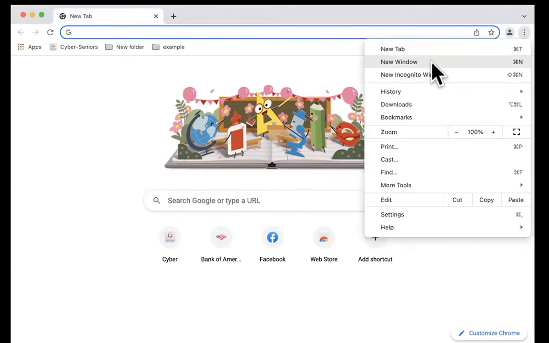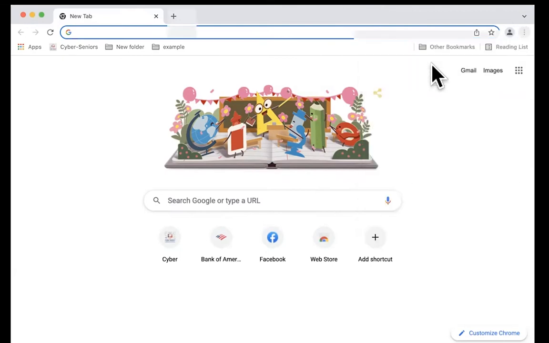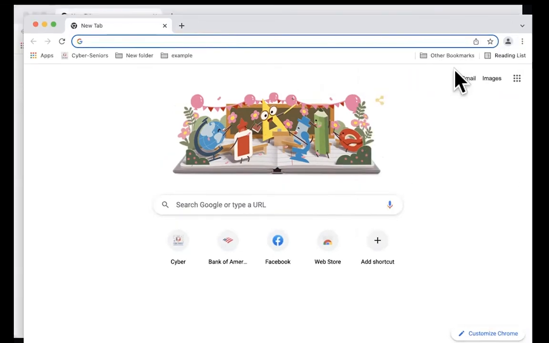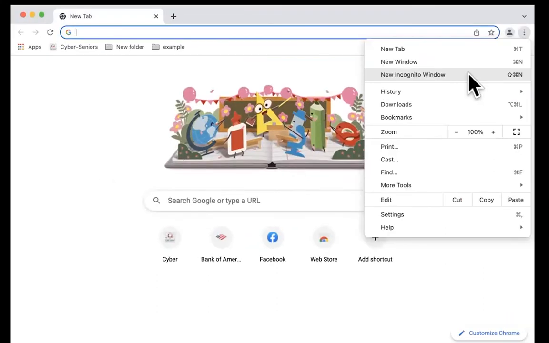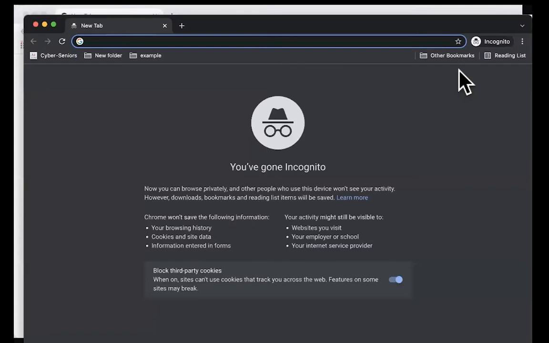We can create new windows, which allows me to have multiple windows open at once. And then from here we can also turn on a new incognito window, which pops up and it's all dark and mysterious, and that's kind of the point of it. An incognito window allows you to browse somewhat more